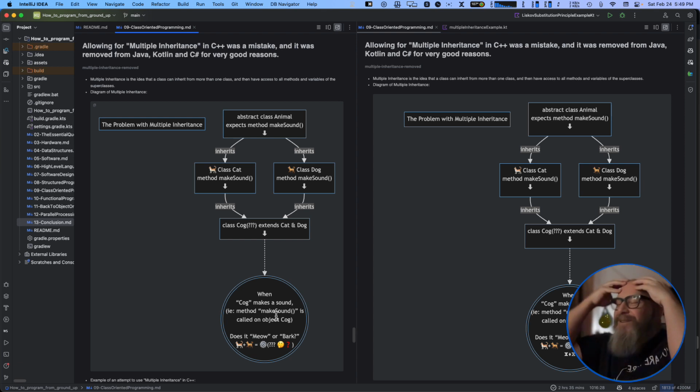Okay, first of all, why would you do this? You have the abstract class animal, or interface, well, not interface, but abstract class animal. With interfaces you can do this stuff, but with an abstract class you only have a single parent, so you have to get everything from both. So let's say you have a class cat and a class dog, and they both implement the method make sound. And then you have another class that extends cat and dog at the same time. When you call make sound, what do you expect to happen? Do you want to call the cat? Do you want to call the dog?